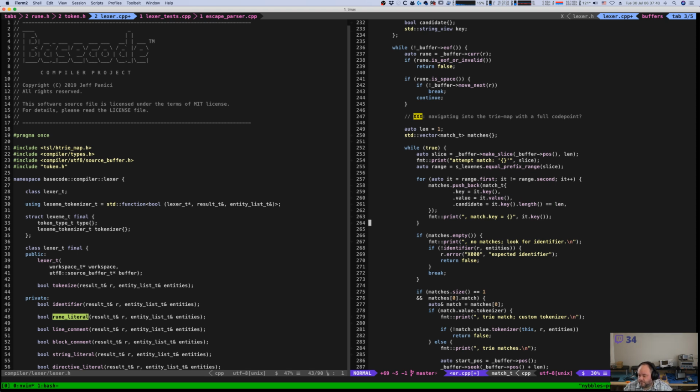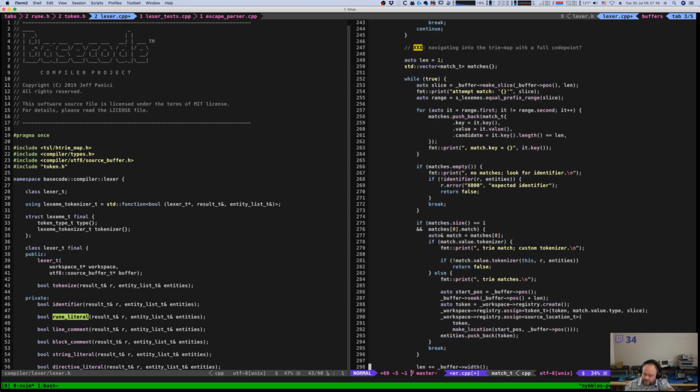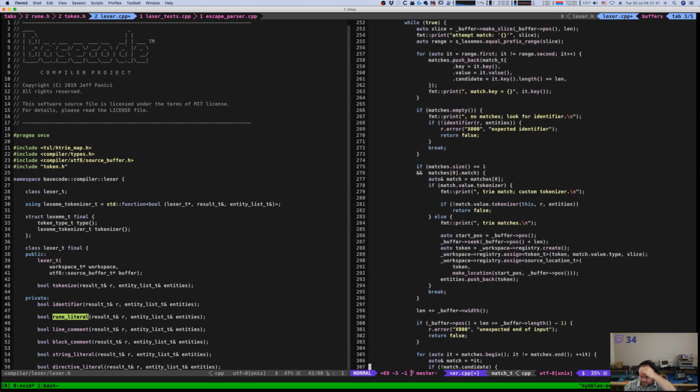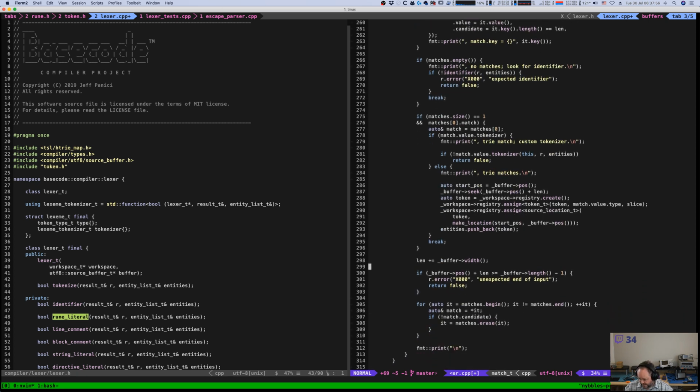And so then we're going to do our comparison, right? It's still going to try to disambiguate, get it down to one match, or if there are no matches, then we go do the identifier thing. If we get down here to the bottom of the loop, where we're going to go around again and try to disambiguate more, what we're going to do now is take everything out of the list that